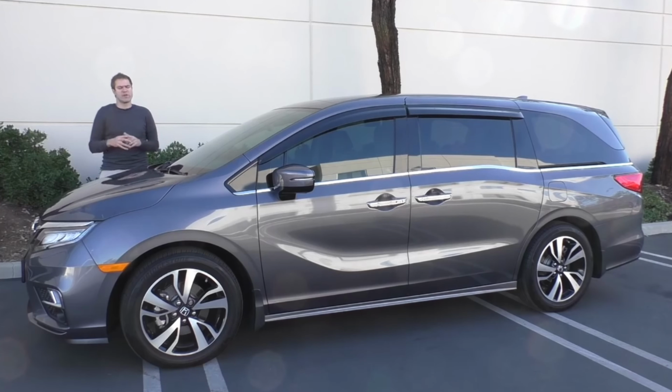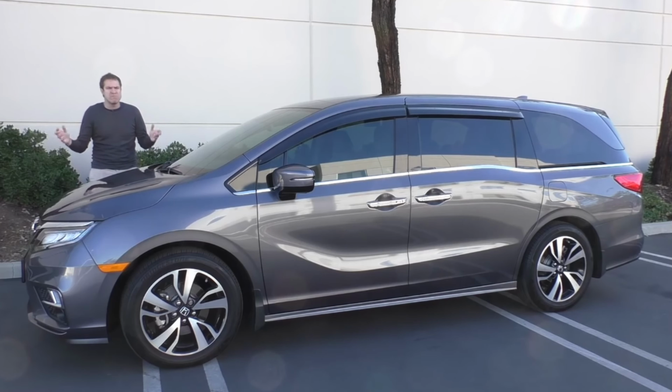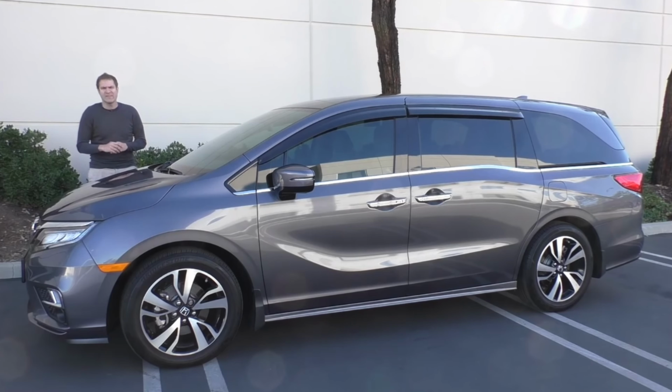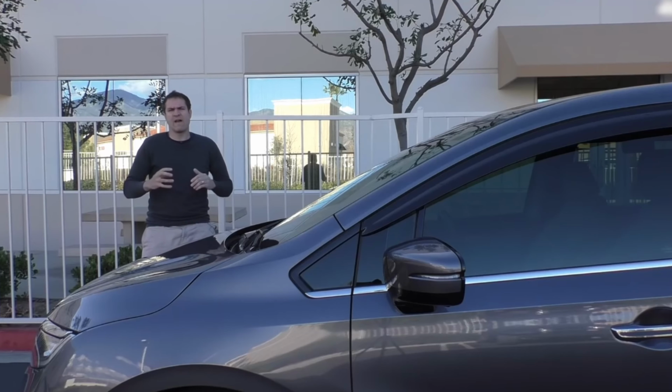Now, before I get started, I should say that this thing isn't exactly $50. I think the window price is something like just a little over $48 with shipping, but of course, by the time you've paid taxes and fees, you're leaving the dealership over $50,000. I mention this because it seems like every brand that makes a minivan is scared of crossing the $50,000 barrier. If you go on the Chrysler Pacifica online configurator,